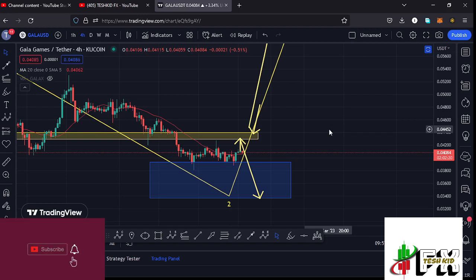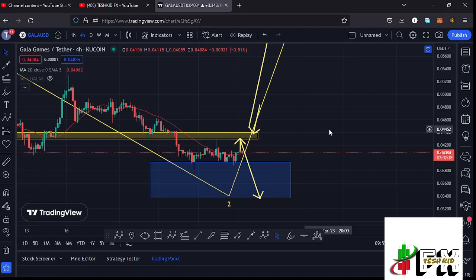So those are the two possible scenarios that I'm expecting over here, and we need to continue watching the 20-day MA and also our next key area of resistance at around the $0.04337 mark, because those are the key decision points here on Gala games. A break above it could trigger higher prices, and in case we get rejected and also lose the 20-day MA, then that could mean we are going to continue hammering down into our blue target area and also fully maximize